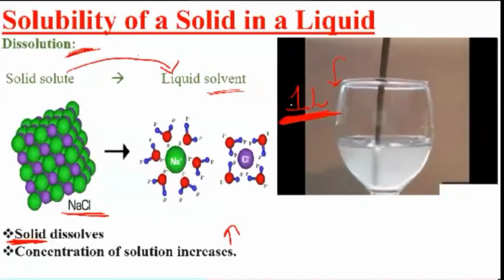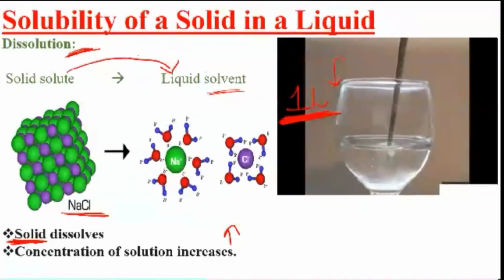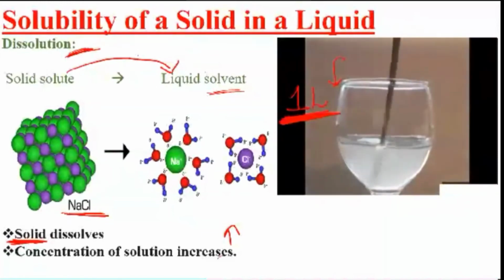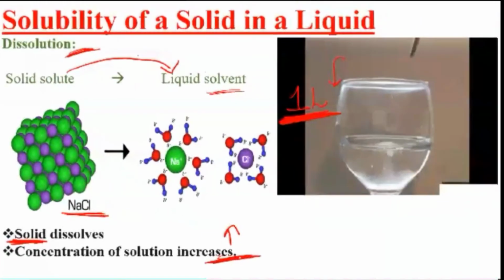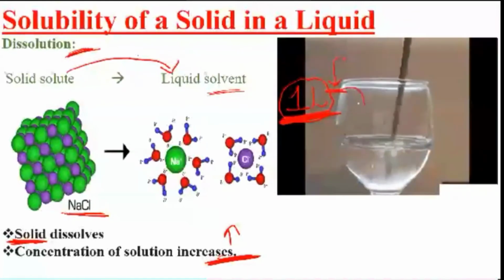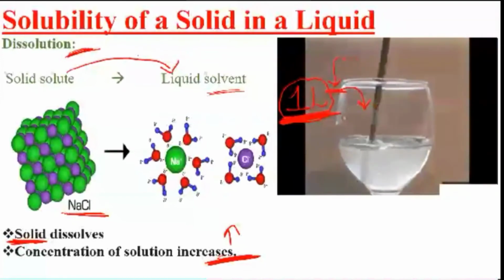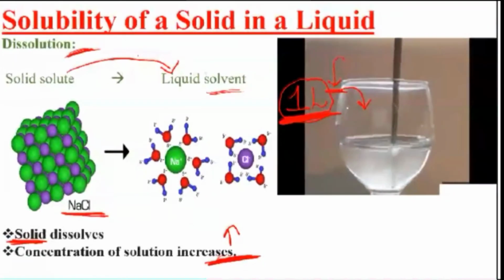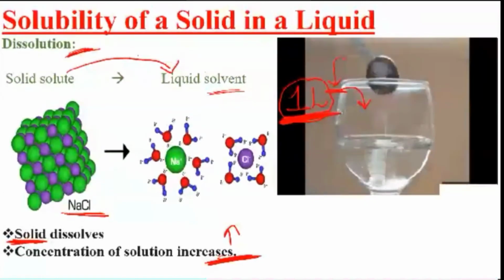In dissolution, you are taking a solid, you are adding it into a liquid, they get dissolved, and the concentration of the solute in that solution increases. But if you are taking 1 liter of the solvent and checking how much of the solute gets dissolved, that's the solubility part. In simple words, solubility is actually the outcome of dissolution. So you can write down what is dissolution.